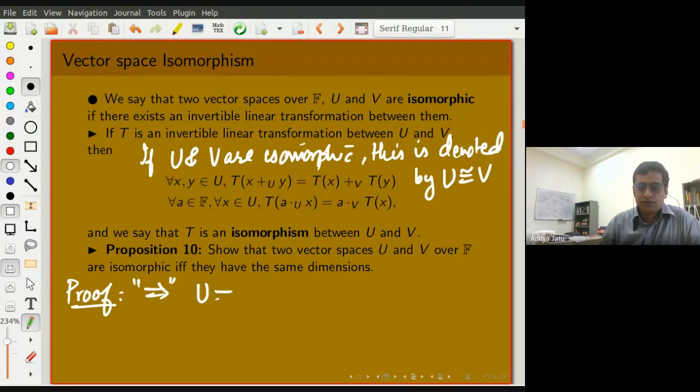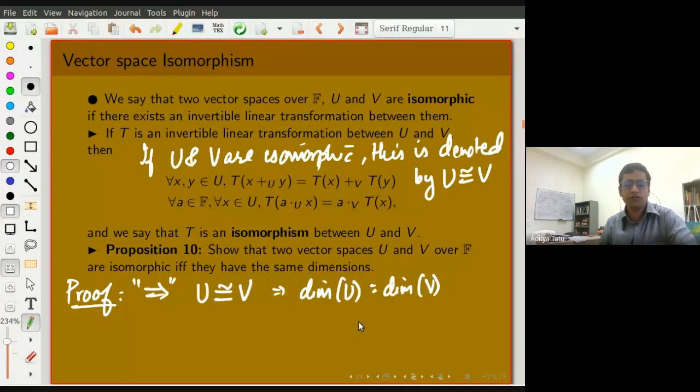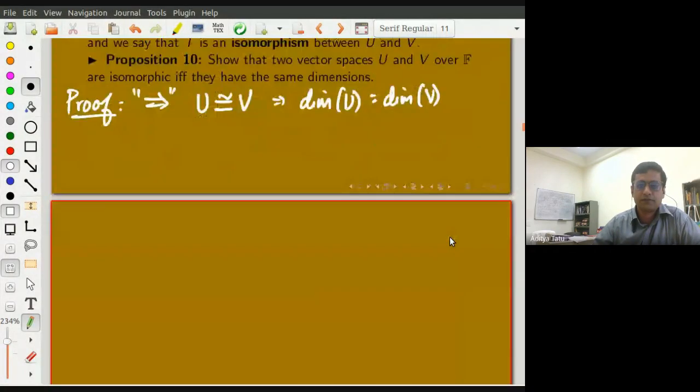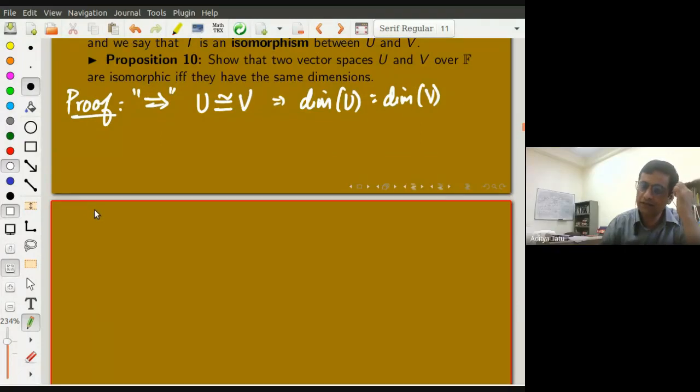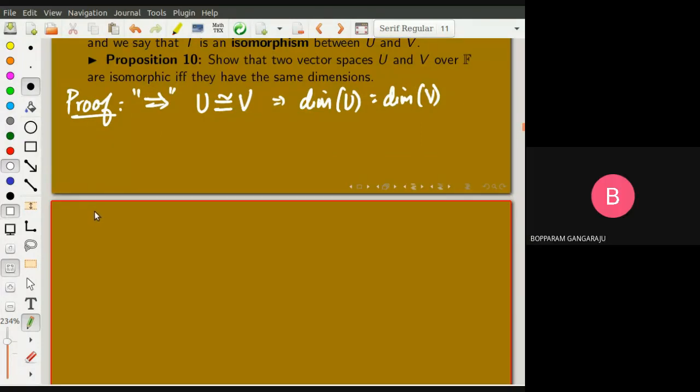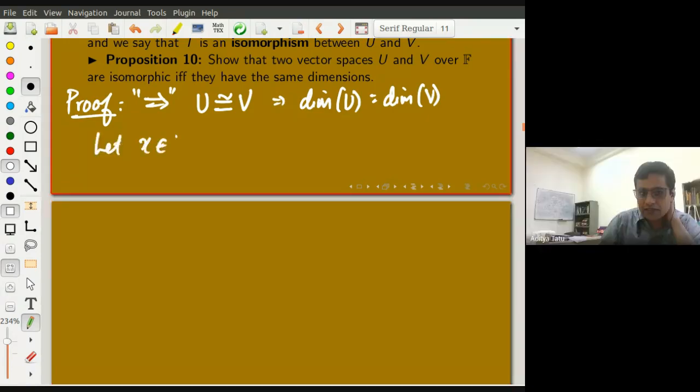So if U and V are isomorphic, we are supposed to show that the dimensions of U and V are the same. How do we show that? Anybody want to try this? Take any vector in the first vector space. Once again, take any vector from the first vector space. Let x be in U, then